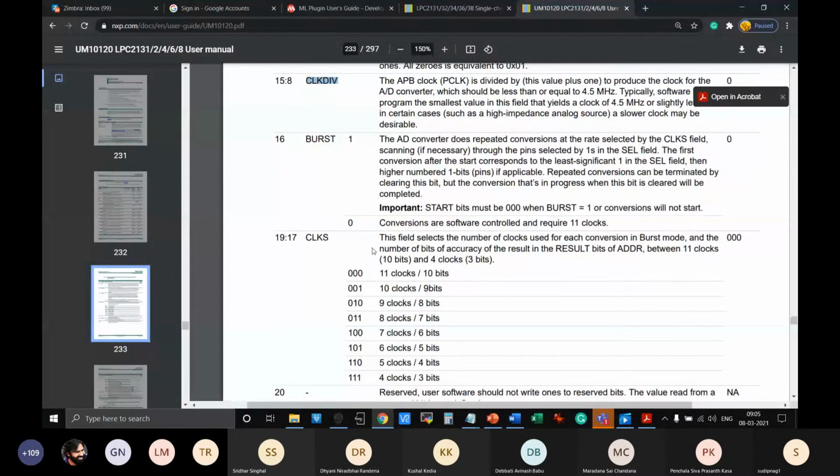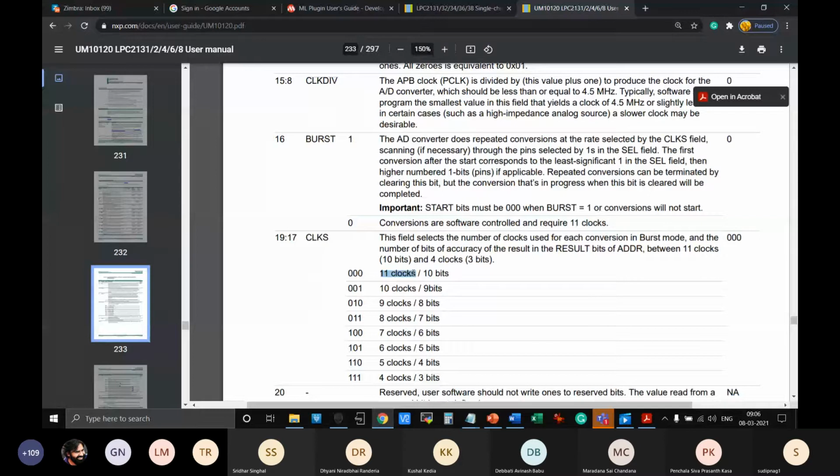Now, how do I say this? This clock indicates how many cycles of clocks will be utilized for every conversion of a sample voltage. So you have done sampling, and then you are determining how long you are going to spend for every conversion. The smaller the number of clocks, it is faster indeed, but accuracy is also compromised. The larger the number of clocks per conversion is actually preferred, because you can use it for smaller speed but higher accuracy.